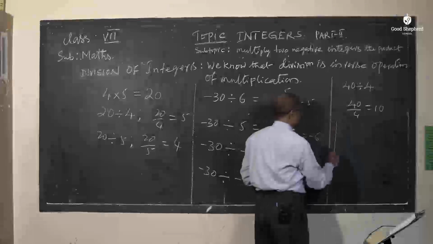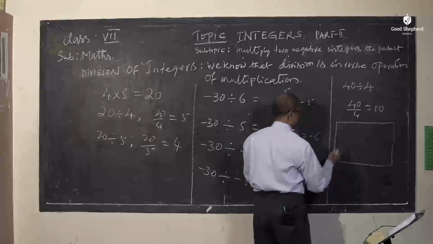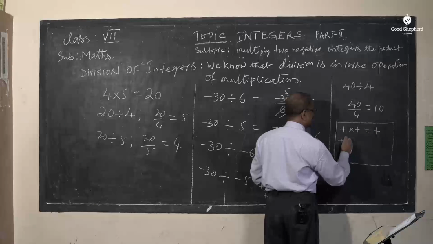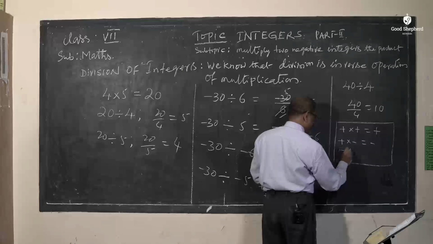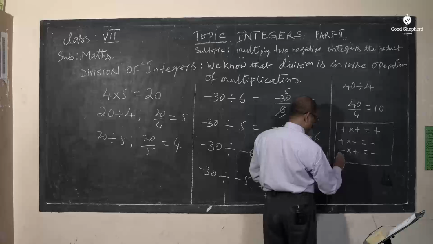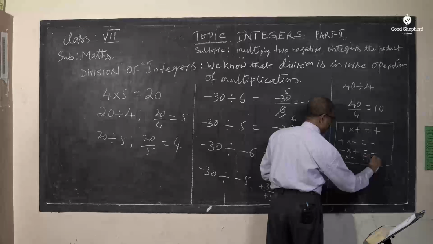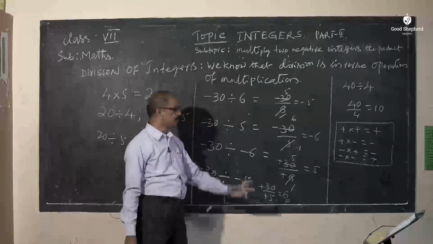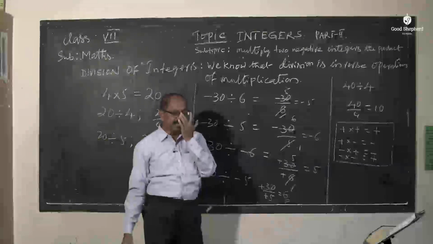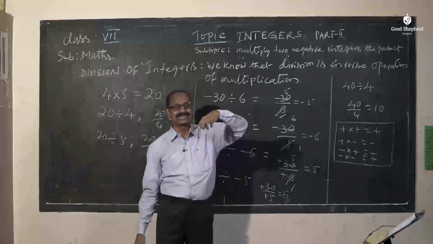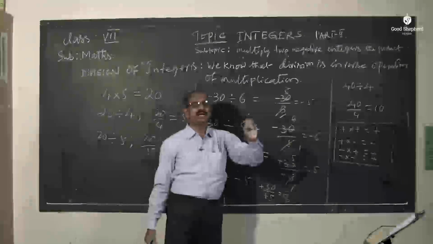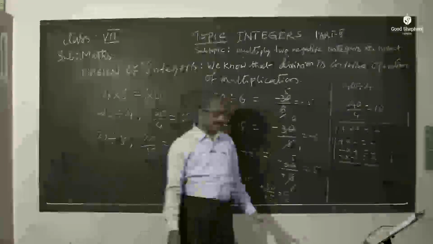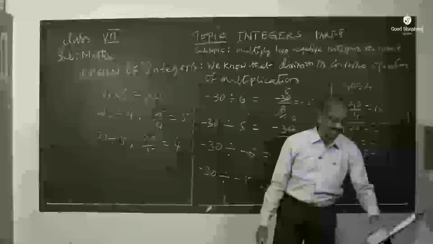There is one table which you have learned already, your teacher taught it, I think. Plus into plus is always plus, plus into minus is minus, minus into plus is minus, and both minus signs give plus. Our teacher did this in class. You must remember these things, while multiplying or dividing integers, to know the sign of the quotient, or after addition or subtraction, you must apply this principle. In addition and subtraction, the sign of the biggest number should be kept. So next